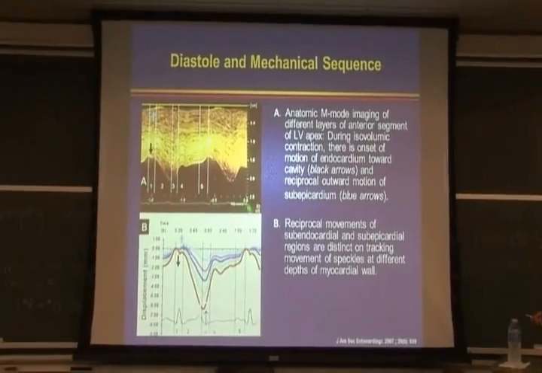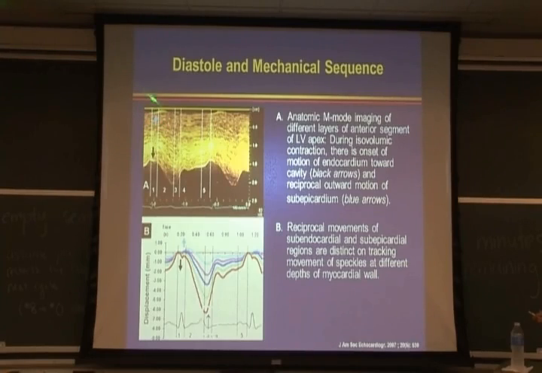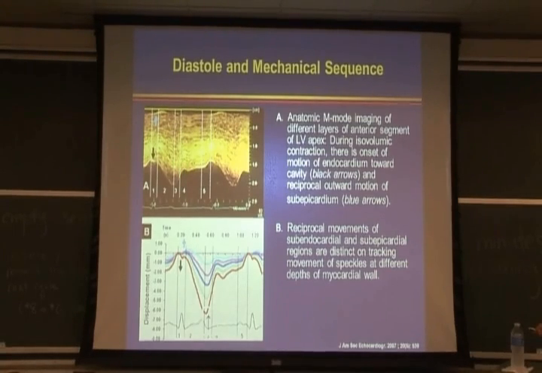The cavity of the heart, the ventricle, is on this side, and this is moving upwards or outwards. This is moving towards the cavity, and that's also depicted by the waveforms which have been generated from the wall motion. So the epicardial fibers are moving out, and the endocardial or subendocardial fibers are moving in, providing a stretch to the ventricle, and thereby also lowering the tension in the wall, and thereby creating a suction